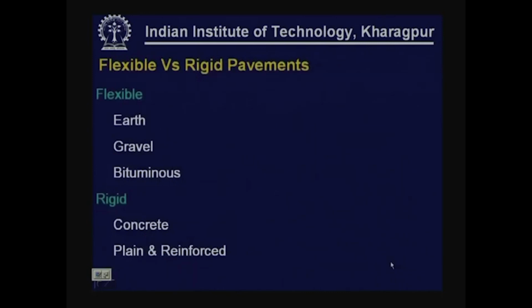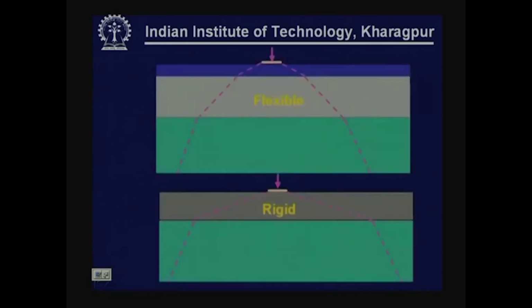Broadly we categorize pavements into two different categories, flexible pavements and rigid pavements. Under flexible pavements we consider earth roads, gravel roads, bituminous pavements, and under rigid pavements we generally consider concrete pavements, either plain concrete or reinforced concrete pavements. If you consider the flexible pavement,